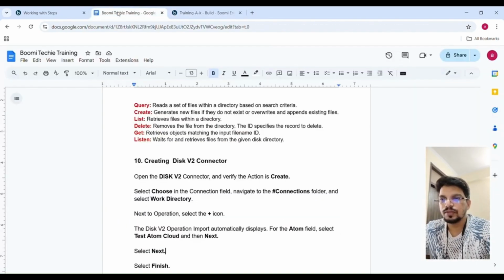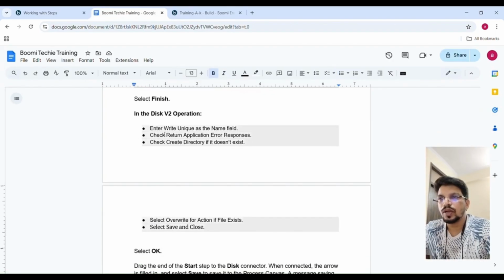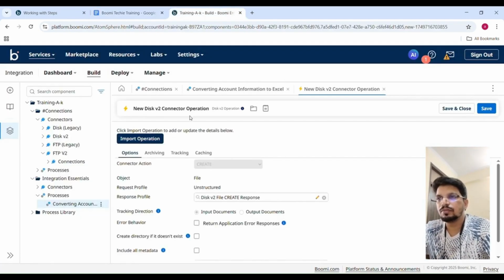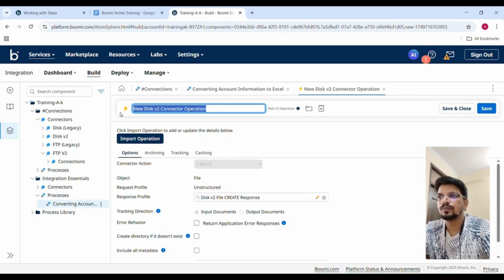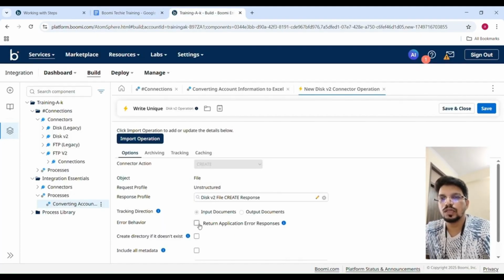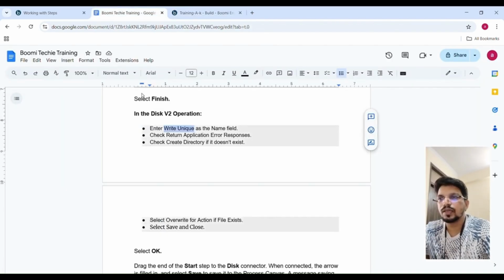अब देखते हैं नेक्स्ट पॉइंट में क्या है। इसका नेम हमें चेंज करना होगा। तो नेम क्या है, Write Unique। तो Write Unique हम नेम करते हैं। Write क्यों है, क्योंकि क्रिएट एक्शन हम परफॉर्म कर रहे हैं यहाँ पे। इसका नाम चेंज करते हैं। और क्या करना है हमें, Return Application Error Response। उसको चेक करना। अगर प्रोसेस में कोई एरर आता है तो हमें अपडेट्स मिल जाएगा अगर हम इसको चेक करते हैं।